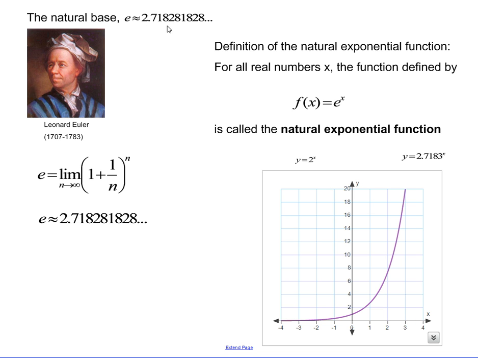It's a number that has a set of decimals that are non-repeating, non-terminating, just like pi. And so we would say that this irrational number can be used as the base of an exponential function. We call it the natural exponential function. Why natural? Well, it turns out that this base, this number e, is really based on something that Euler found,